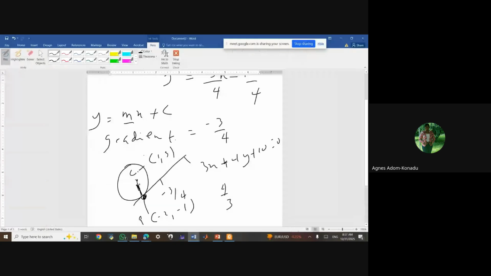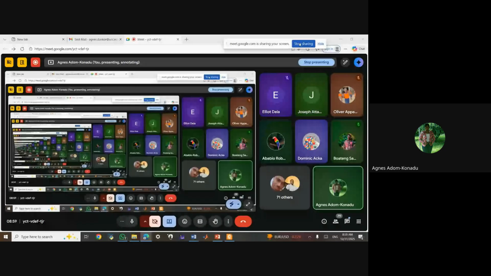The center is 1, 3. So having 1, 3, I can find the radius. Radius is the length. So using the formula, my radius will be the square root of (x minus x1) squared plus (y minus y1) squared. So (1 plus 2) squared plus (3 plus 1) squared. Then when you simplify,